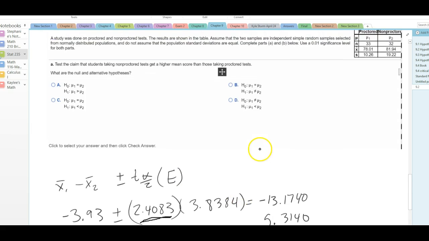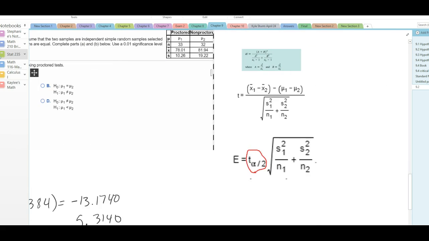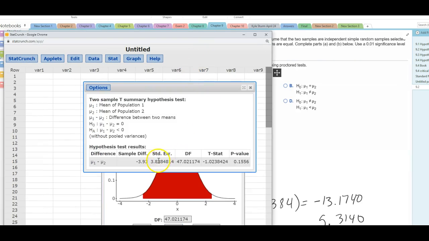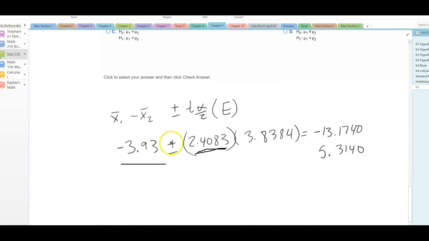Again, you can find the error by looking at the calculator and plugging it in, or you can pull up StatCrunch and the standard error will be given. The sample difference is also given, so plugging that in, the sample difference plus or minus the critical t value times the standard error gives me these two numbers, and these two numbers would then be